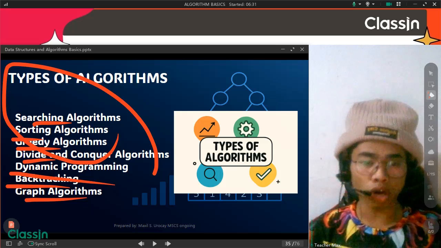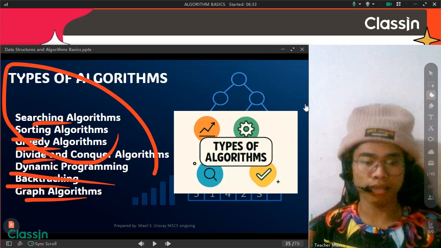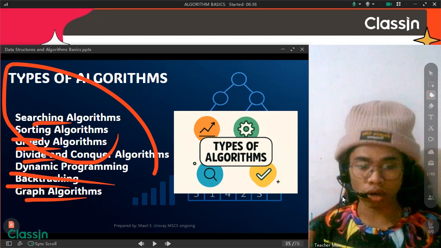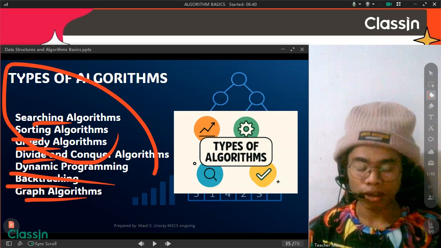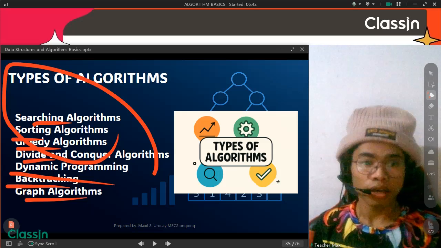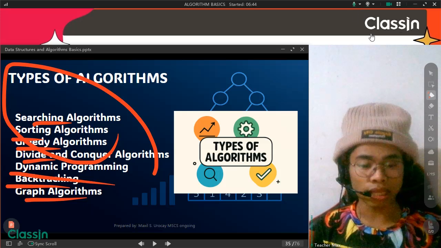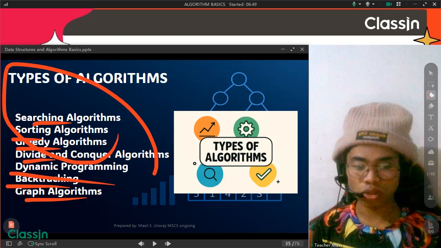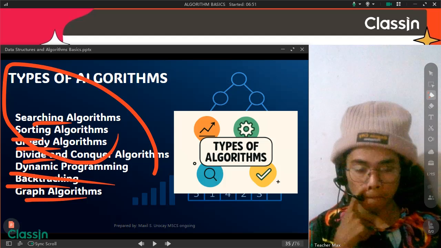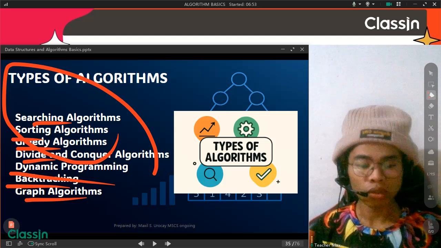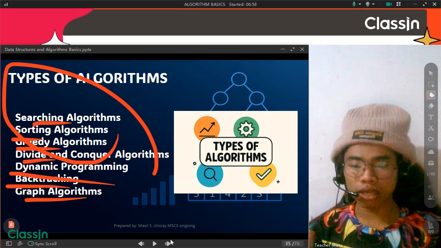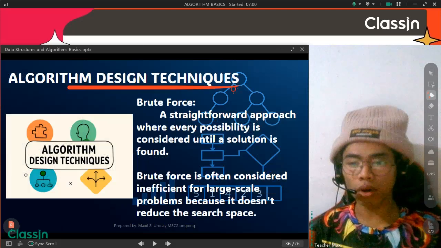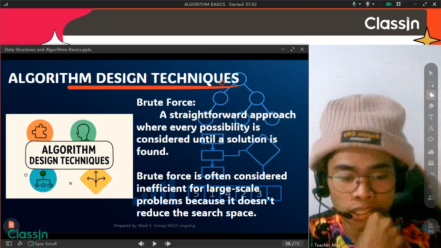So in each of your classes, each of your courses, that is still dealing with algorithms and data structures. Data structures is really so wide. Now, pertaining to this, we are also having the algorithm design techniques, which is the brute